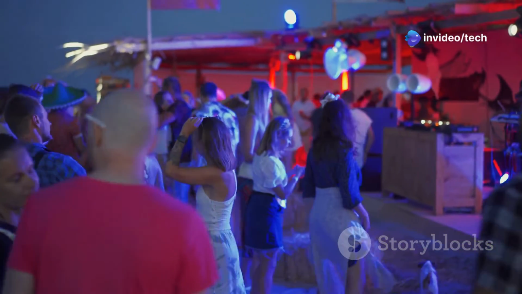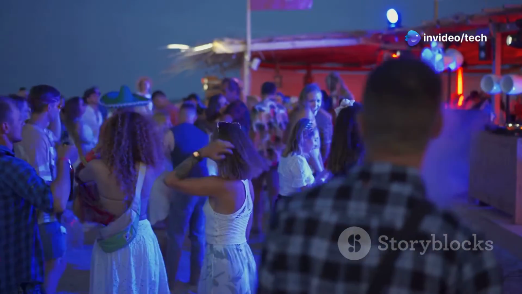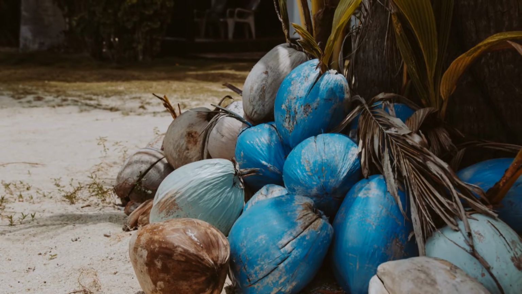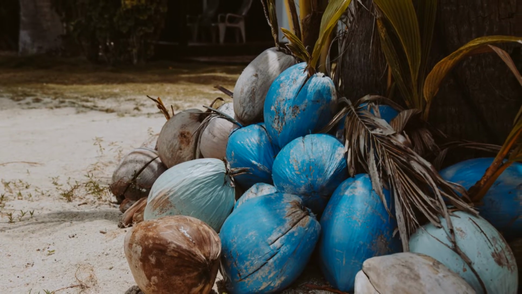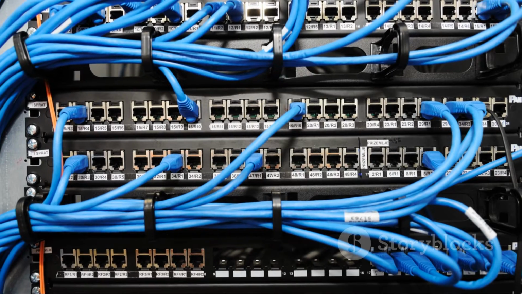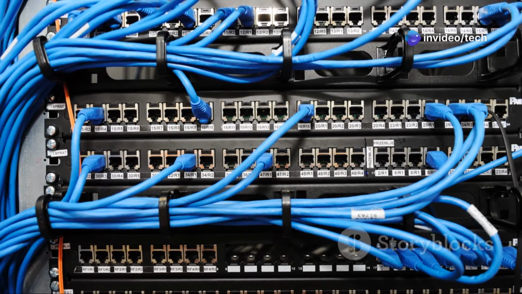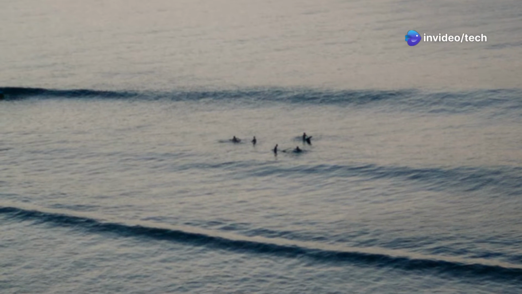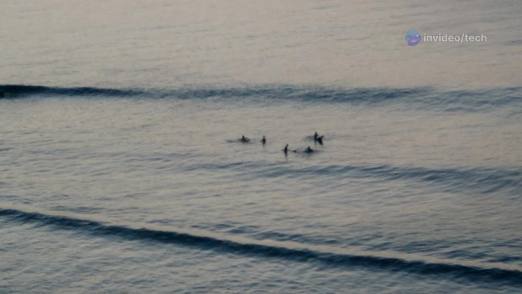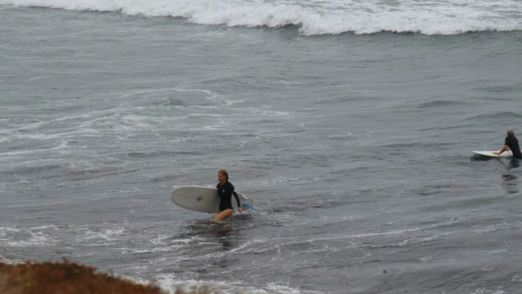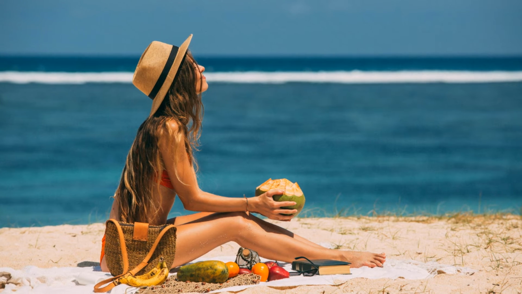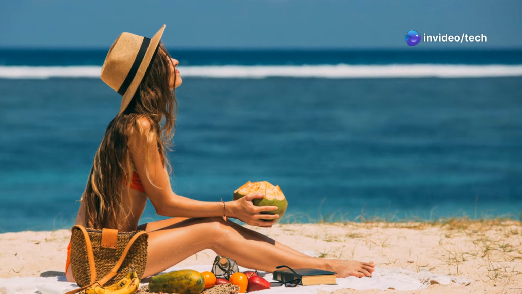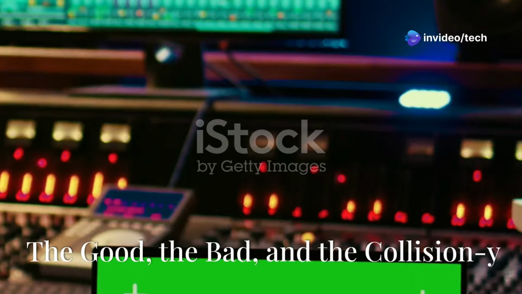But if two or more computers transmit simultaneously, their data packets collide like two people shouting at the same time. This collision garbles the data, and nobody gets their coconut. Don't worry, Aloha has a plan for that. If a computer doesn't hear an acknowledgement from the receiver after a certain time, it knows a collision occurred. It then waits for a random amount of time before trying again. It's like taking a step back, letting others have a turn, and then trying to get that coconut again.